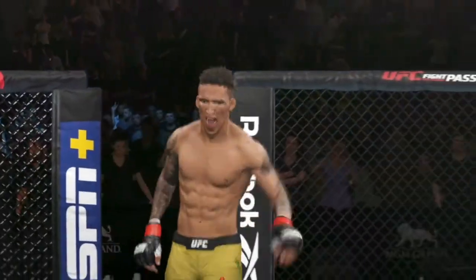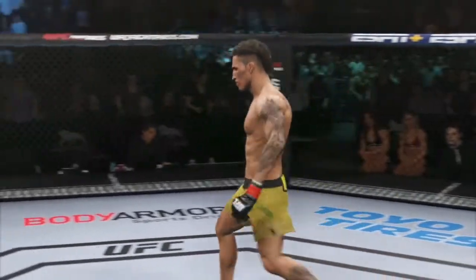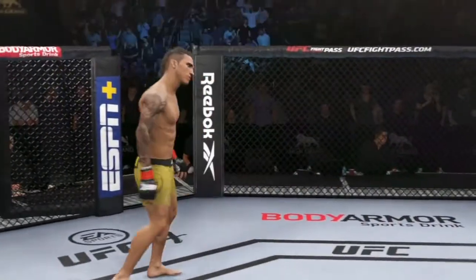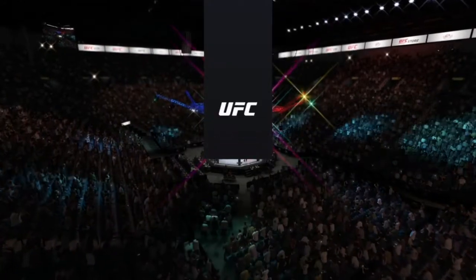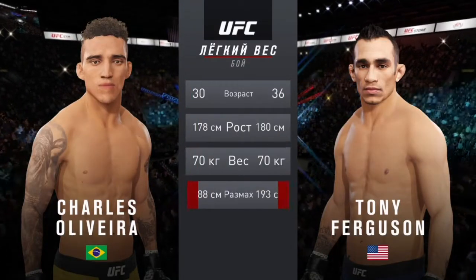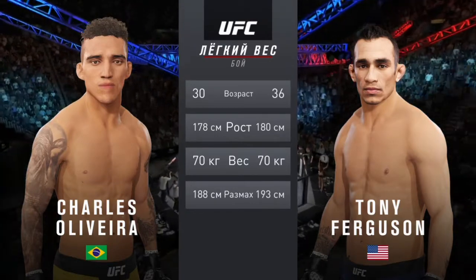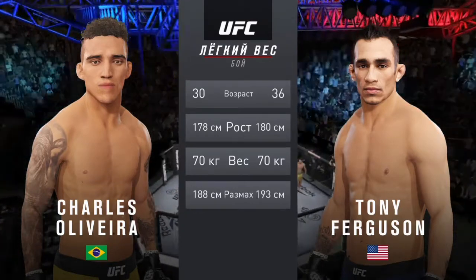From the speed of the level change, to the timing, to the knowledge of where to go next. When the guy starts to defend, he's truly, truly something special. I don't think he could take you down, but tonight he doesn't have to. So he does not have this matchup, prevailing wisdom is he'll be able to get this fight to the canvas. And now our tale of the tape for this lightweight scrap. Oliveira is 30. Ferguson is 36. He will have...